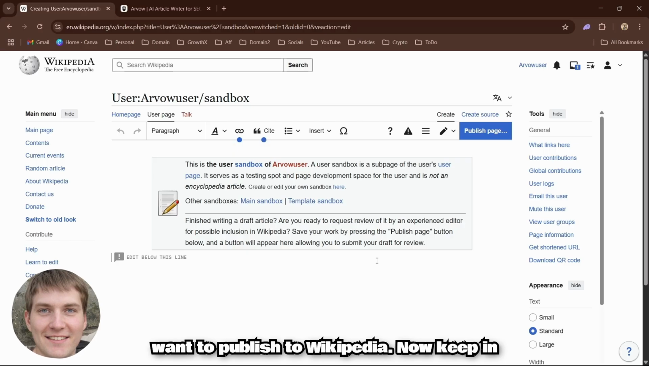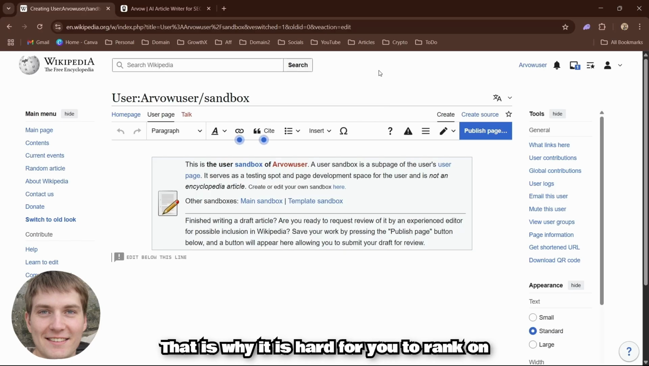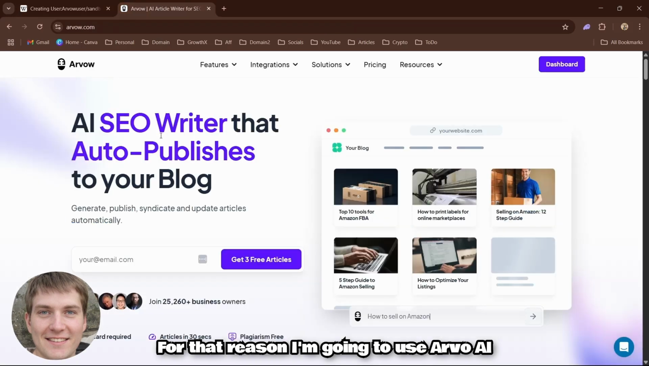Now keep in mind, Wikipedia needs strong external sources and high tier domains, fact checks and real-time data in order for your content to get published. Their moderators go through every single thing, they read and fact check every single thing. That is why it is hard for you to rank on a Wikipedia page if you do not have the authority sources and correct sources. For that reason, I'm going to use Arvow AI SEO writer